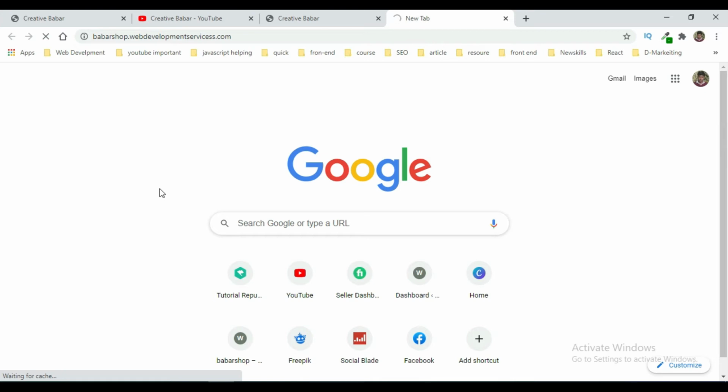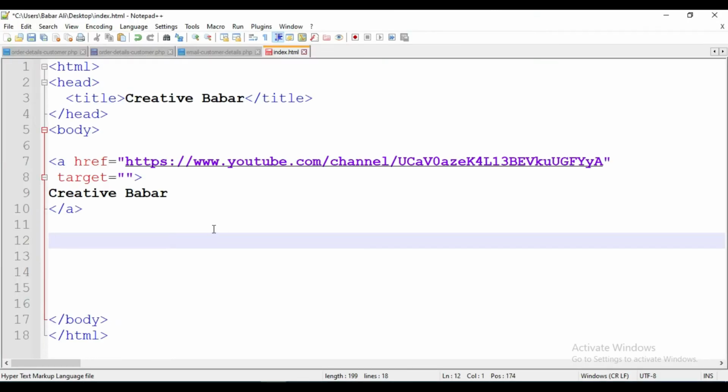I'm going to show you an example of an ID link. My internet connection is slow, therefore it's taking a little time.